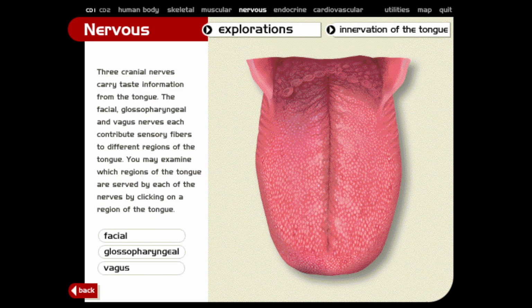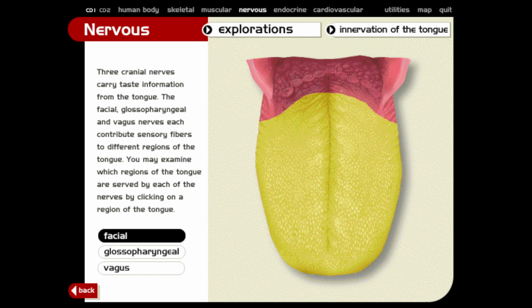Three cranial nerves carry taste information from the tongue. The facial, glossopharyngeal, and vagus nerves each contribute sensory fibers to different regions of the tongue. You may examine which regions of the tongue are served by each of the nerves by clicking on a region